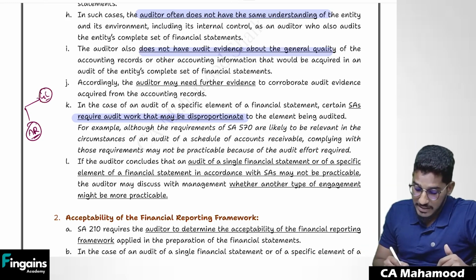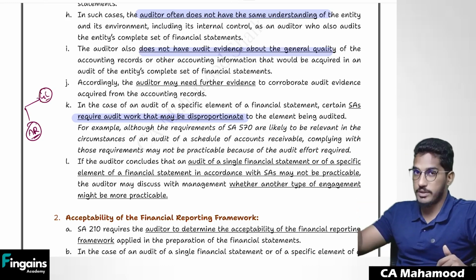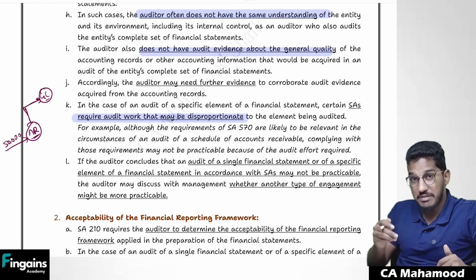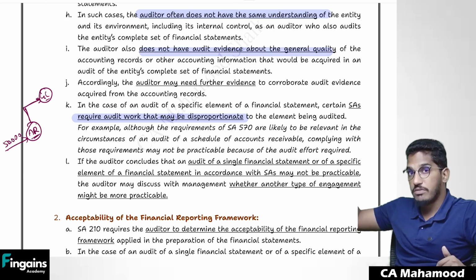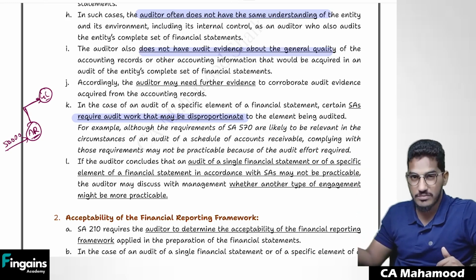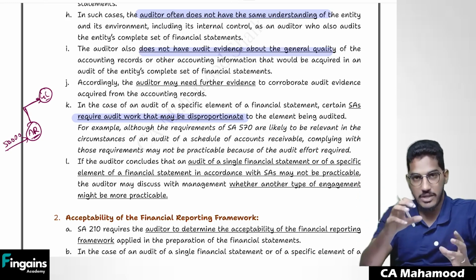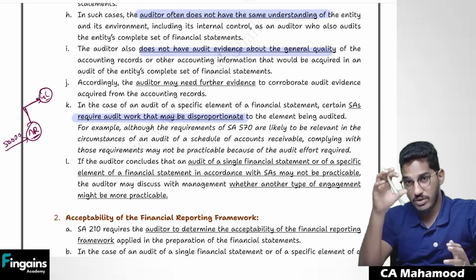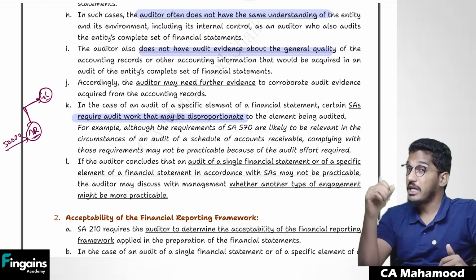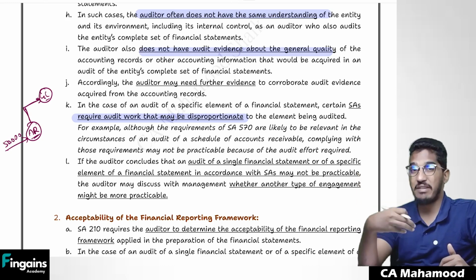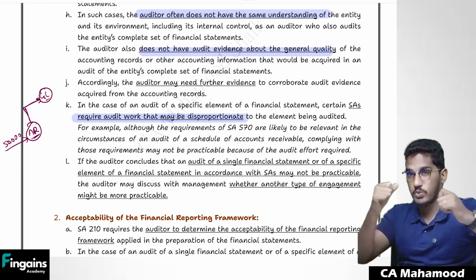But if I have to get the evidence regarding the going concern assumption, I have to do more work. The client told, sir, please do the audit of only accounts receivable. We will give you 50,000 rupees of fees. But in order to audit accounts receivable, I am required to even consider the going concern assumption also, which is much more work which I have to do. This is also quite not practicable. So sometimes when the client is asking you to audit a single financial statement or specific element of the financial statements, in some extreme circumstances, we might be required to do disproportionate work. What we have accepted and what we have to do, that might be a huge gap.